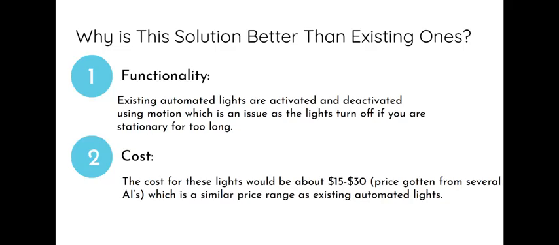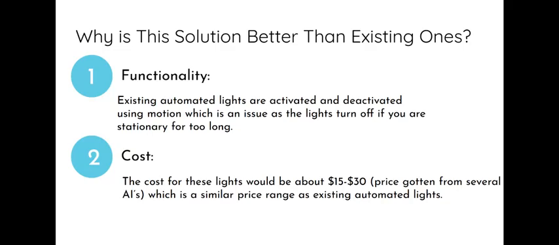I got this price by feeding the bill of materials as well as a detailed explanation of the project idea into several AI chatbots such as ChatGPT, Gemini, Claude AI, and several others. The reason that this is a good price is that it's similar to existing automated lights. And you may be thinking, well, why wouldn't I just want to get the cheapest thing? Well, the reason is